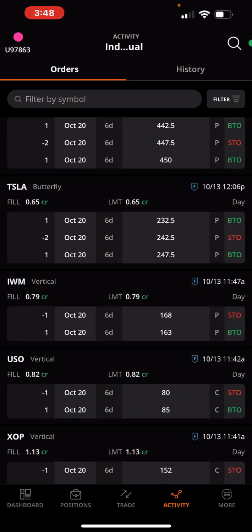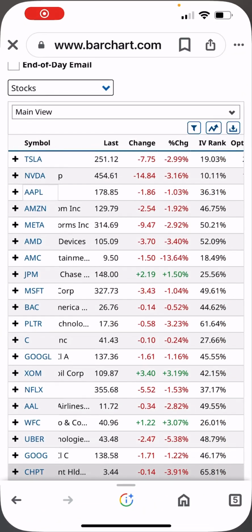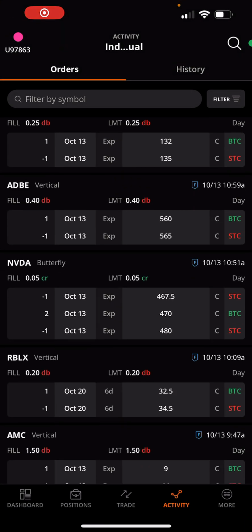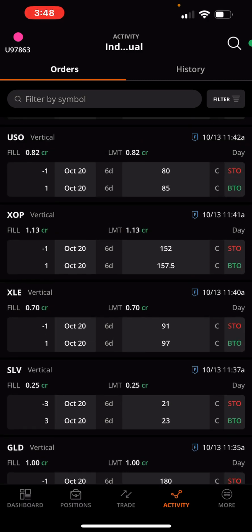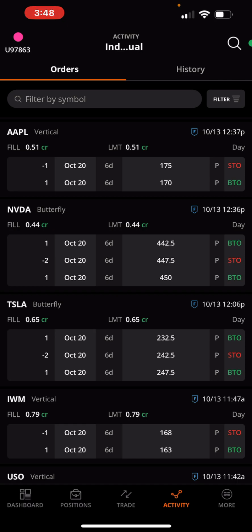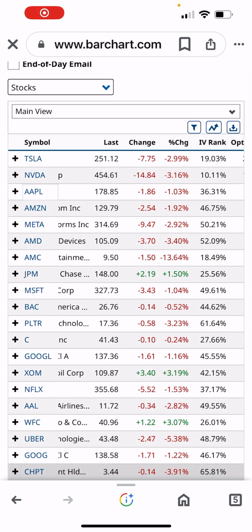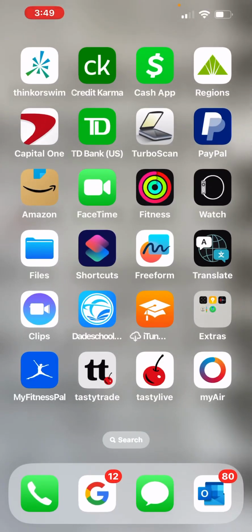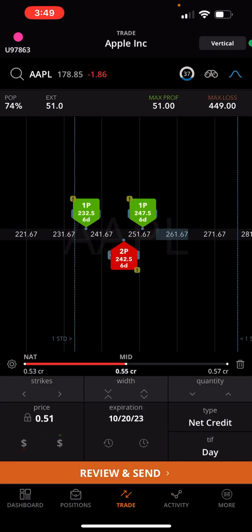So the next one I did was, which one was the second most active? Nvidia, let's say. Nvidia, I think I did another broken wing butterfly in Nvidia because I don't think the IV was that high. Correct. So I, no, this is the one I closed. Let's see here. Nvidia, I did a $45 broken wing butterfly on Nvidia. Apple had an IV of 36. So what I did was, for Apple to bounce back next week, I sold the 175, 170 for a 51-cent